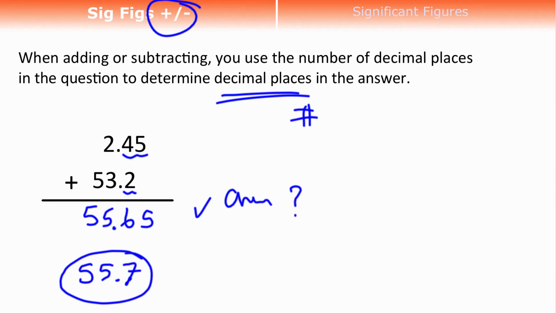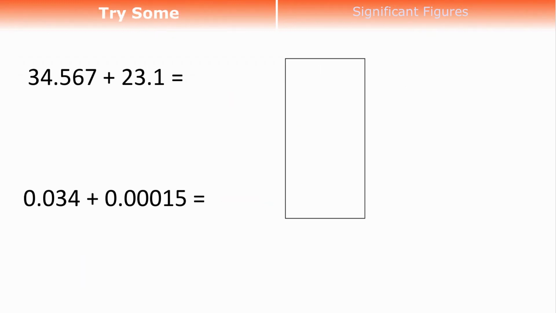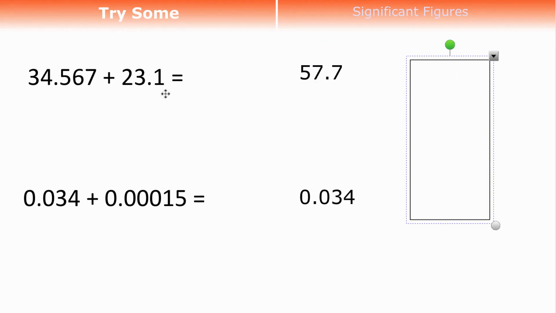I want you to try a couple. Okay, weakest link, smallest decimal place. Okay, press pause, come back and try it. Okay, let's see how you did on this one. So on the first one, when you add them together, you get